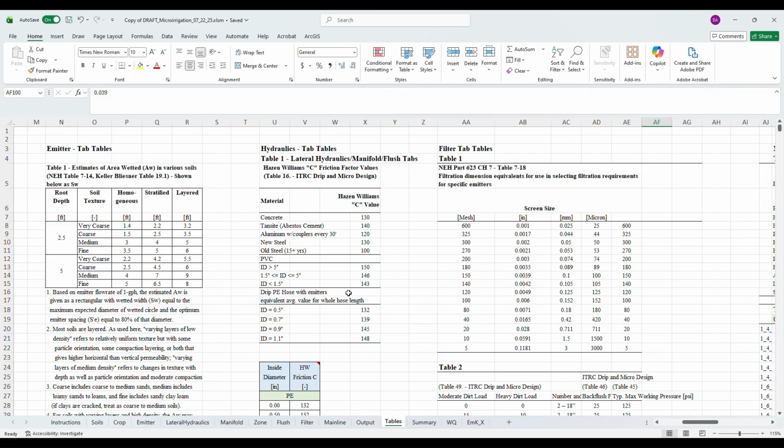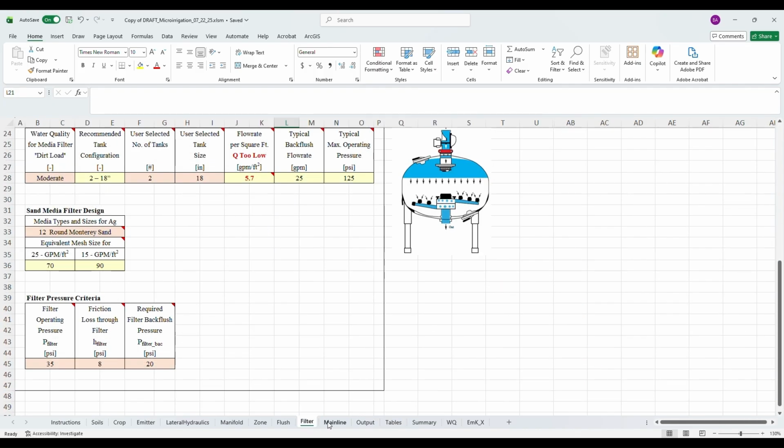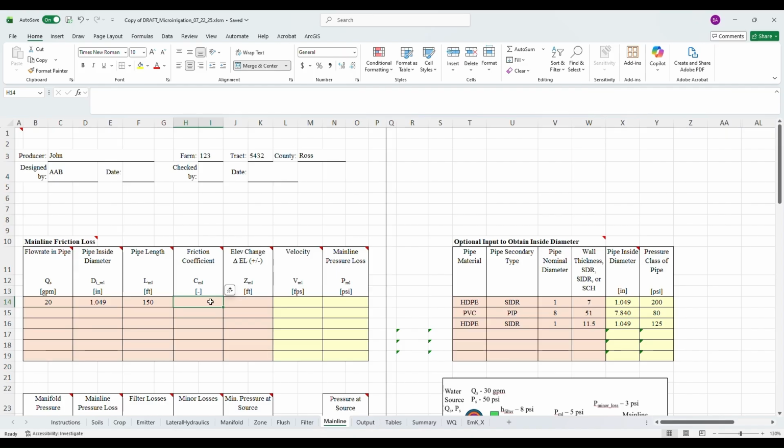So here we're looking for PE pipe that is 1.049 inside diameter. So you see here 1.049 would be between these two, so we're going to have a 145 Hayes and Williams friction factor for this. So we'll come back over here to our mainline tab, put that in, and then here you're going to indicate